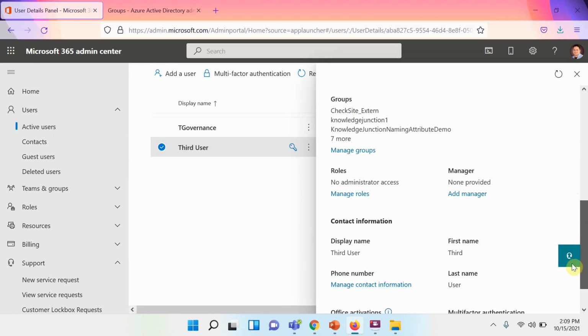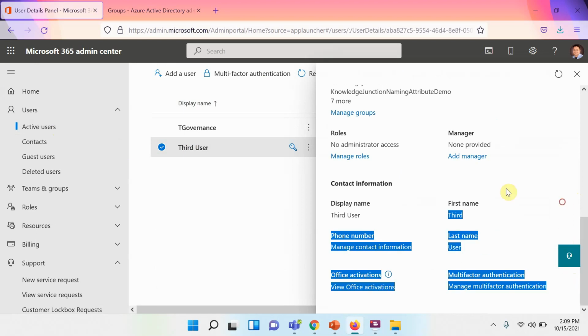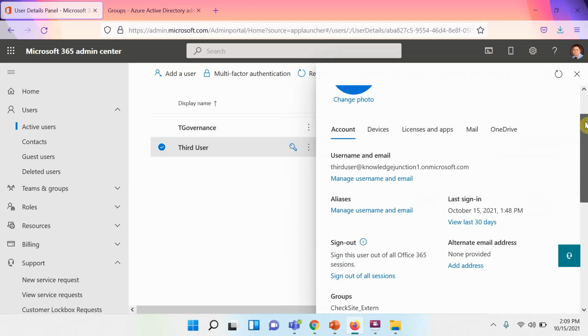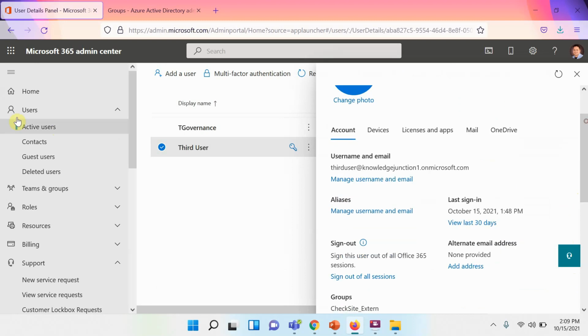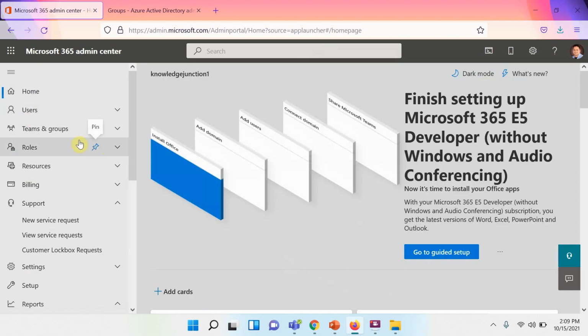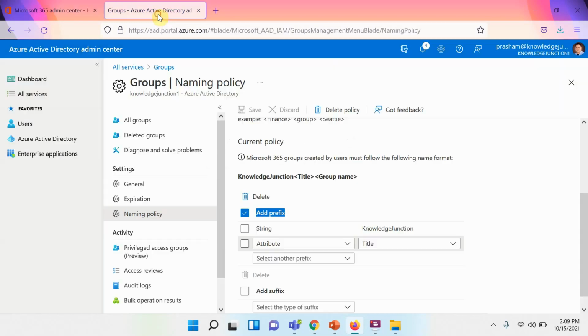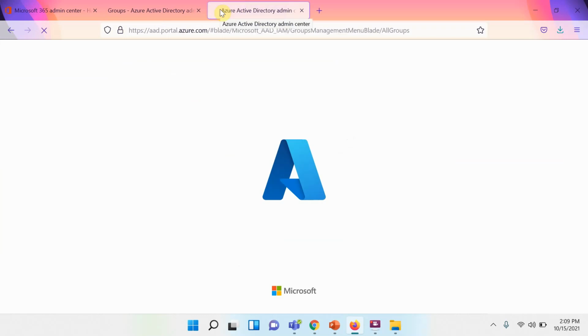No administrative roles. Let's check the groups first. You could check the groups from here as well, from the Azure Active Directory Admin Center.